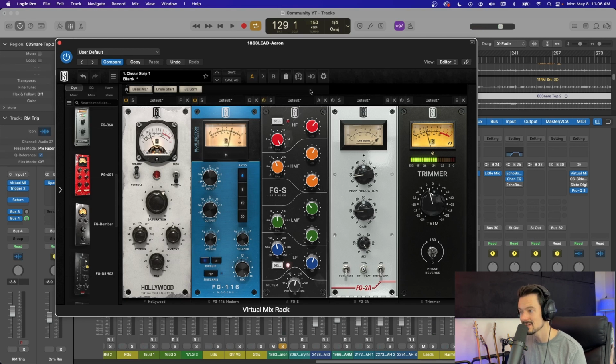This is an SSL style EQ. Sounds so good. And then an LA2A compressor. And then I like this trimmer plugin here because you can adjust the gain of your whole plugin chain right there